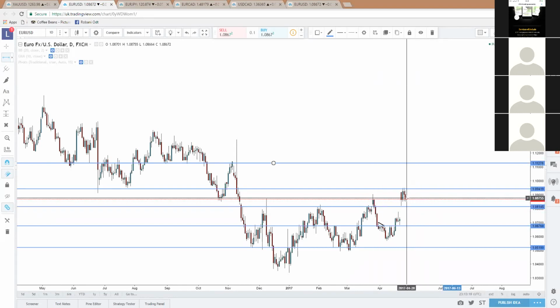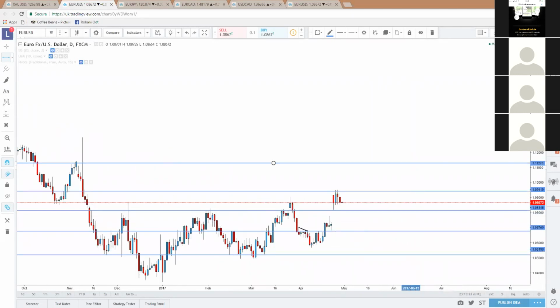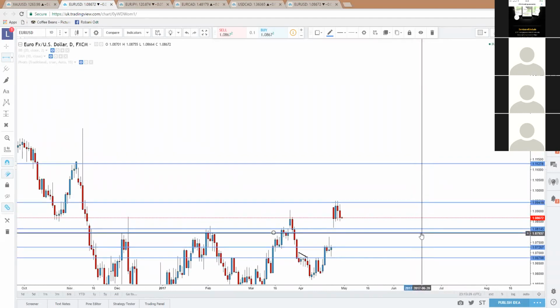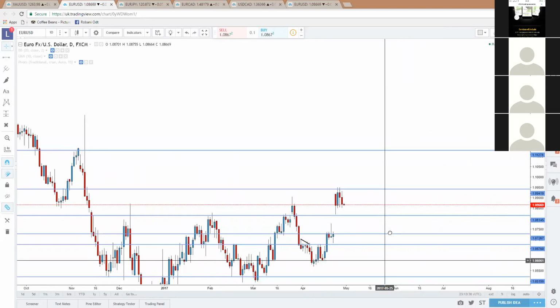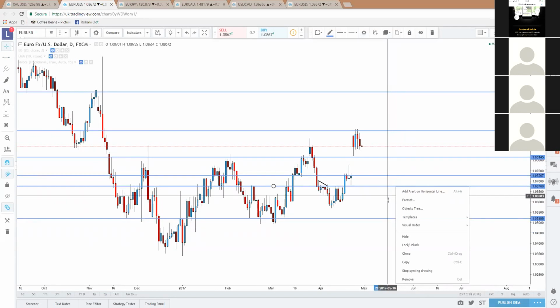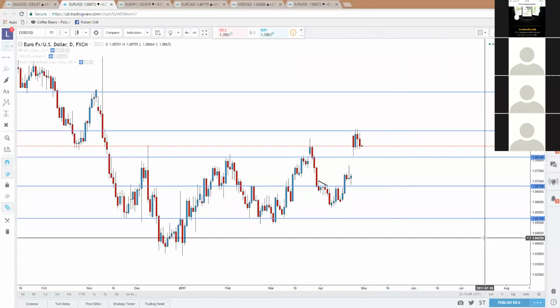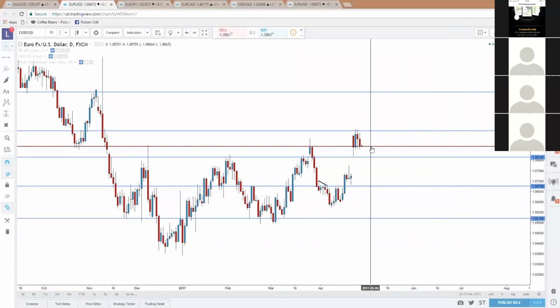So I'm going to be guessing that if the price does shoot up, if it's positive for the euro, wait, what am I doing? Two seconds. Okay, I think I've just put an extra line on there by mistake. Okay, it's this one. So if it is positive for the euro, I would be expecting price to either